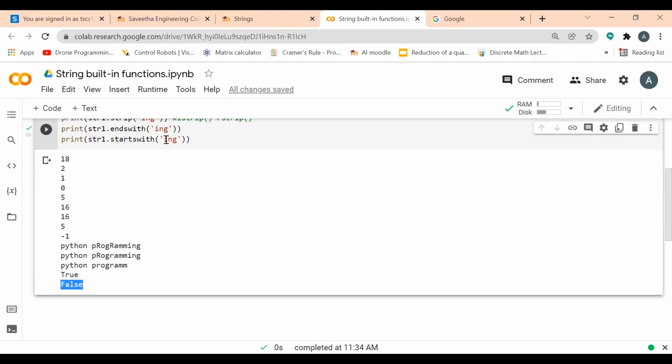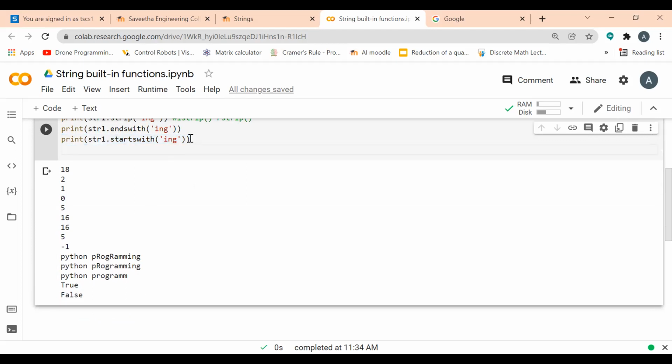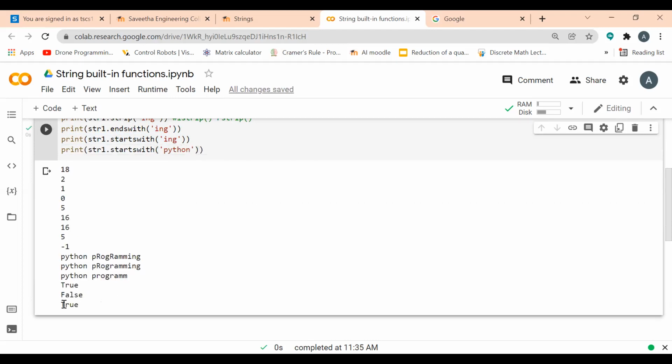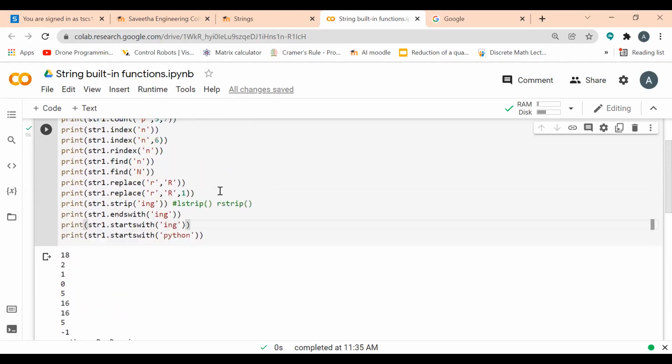So here I'm checking whether it is starting with ing, and this will return me false. Now I'm giving Python, so that gives me true because my value is starting with p.